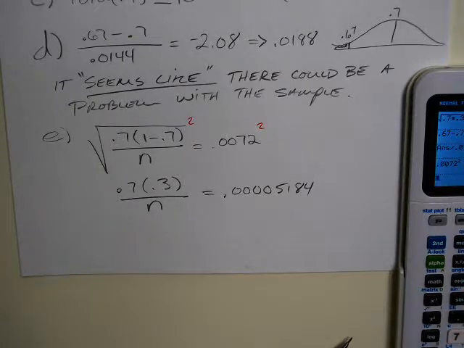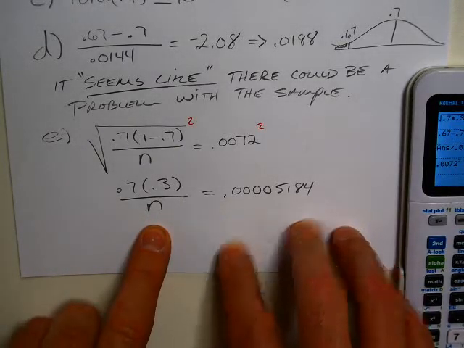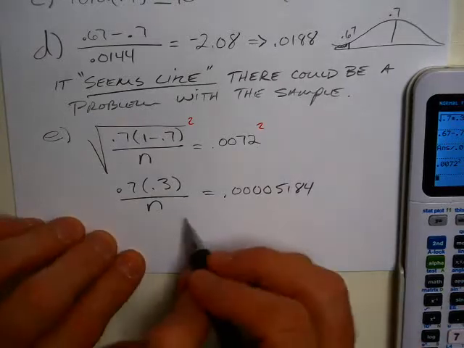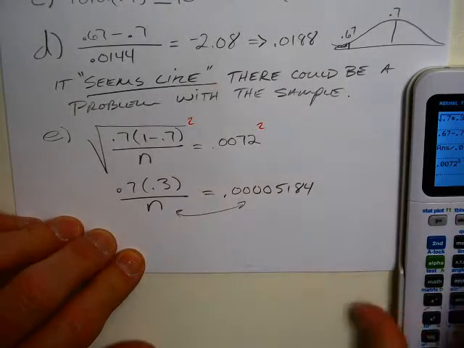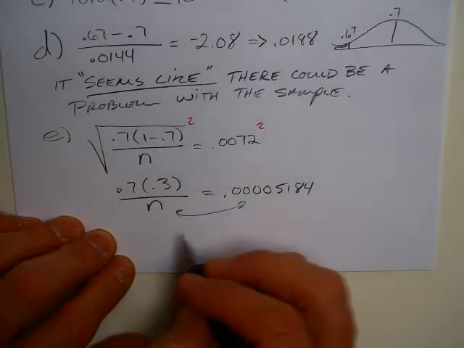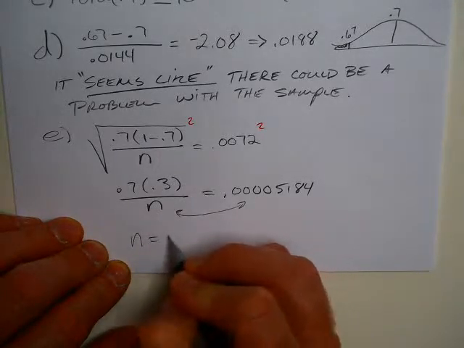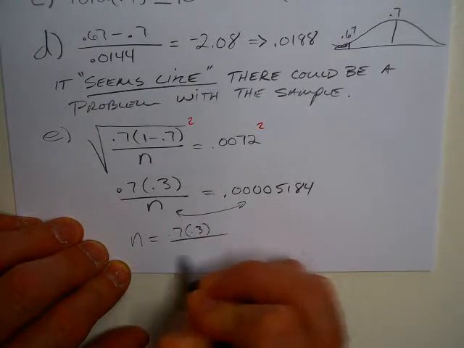There's a nice algebraic shortcut for solving a problem like this. I call it the trig shortcut, but that's just my name because trig uses it a lot. What's that? You don't know? Multiply everything on top of the n. You can do that. That's not quite the shortcut I'm looking for. If I've got a fraction equaling a number like this, and a variable is in the denominator of the fraction, I switch it. Yeah, somebody switch these guys. I call that the trig switch. So this just becomes n equals 0.7 times 0.3 divided by all this,